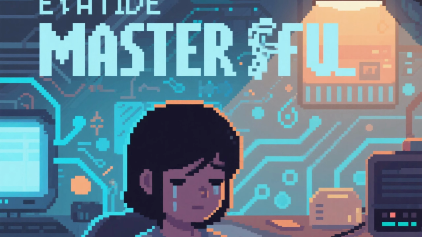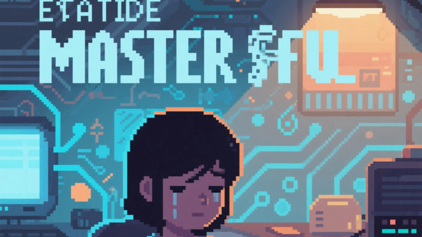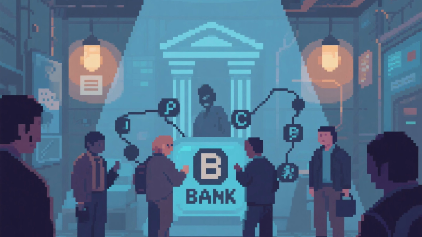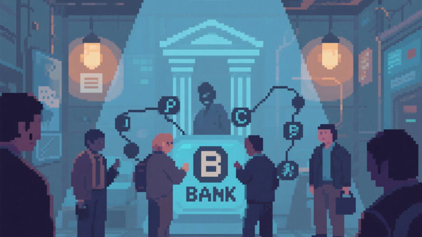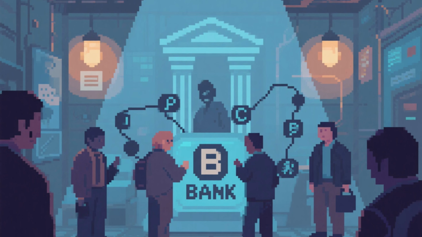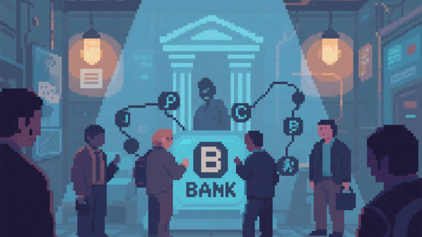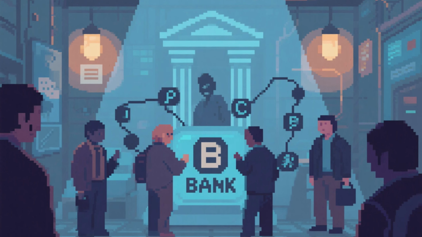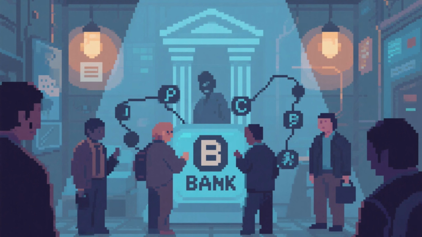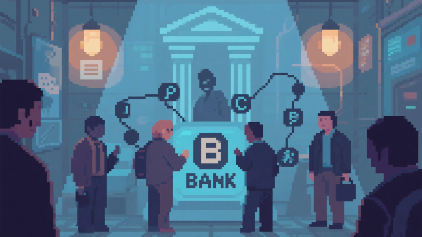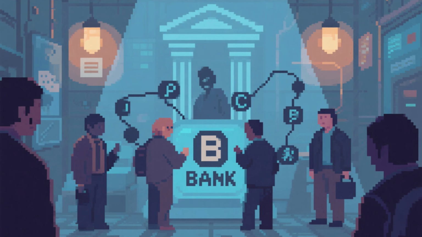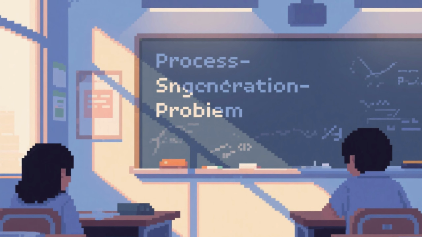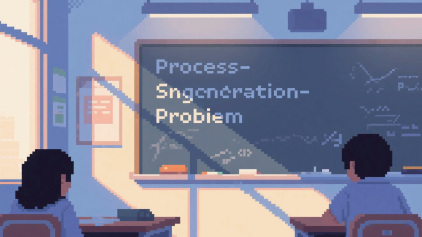Episode 7: Concurrency Issues and Synchronization Mechanisms. Welcome back. In the previous lesson, we analyzed the life cycle of a single process. However, in a modern multitasking system, processes do not exist in isolation. They often need to share resources and data. This interaction, if not carefully controlled, can lead to serious data inconsistencies. Today's lesson dives into one of the fundamental challenges of computer science, the process synchronization problem.